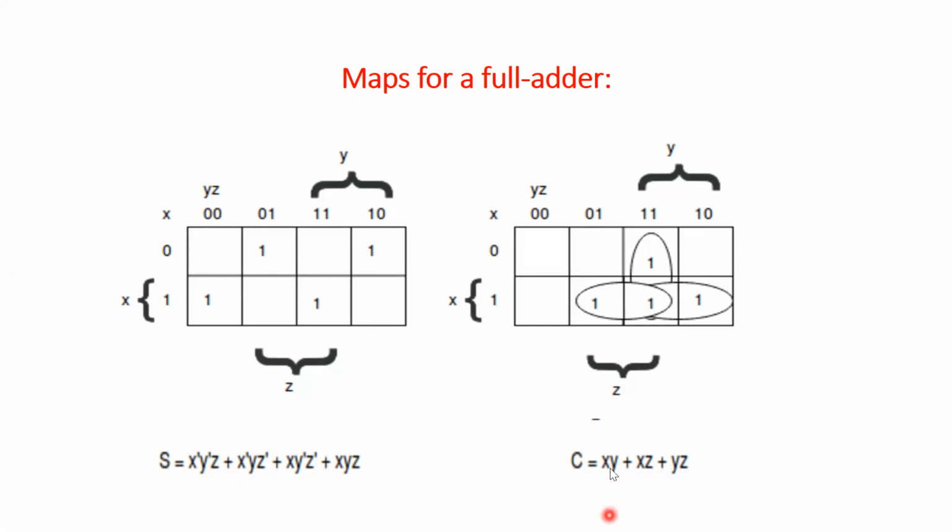So here you can think AND gate, AND gate, AND gate. X Y, X Z, Y Z, you can use AND gate. And then if I'm using only two input AND or OR gates, here I will require 3 AND gates, then I have to require 2 OR gates over here to get the